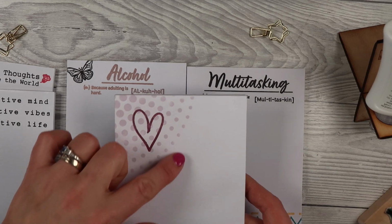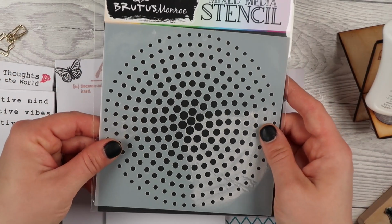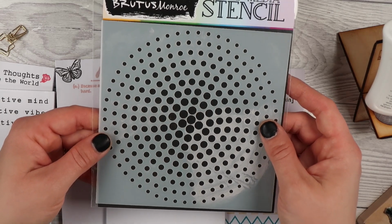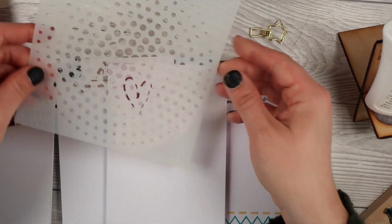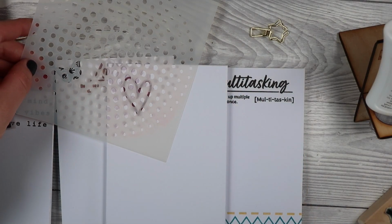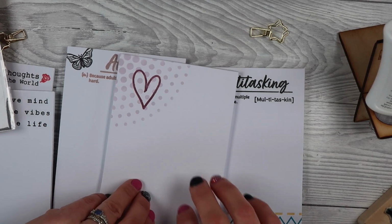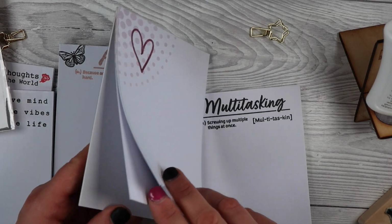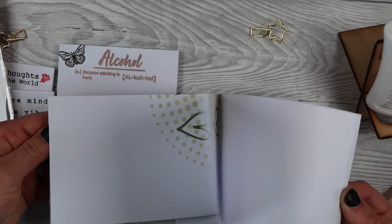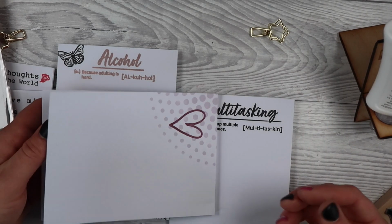And just to mention, this one here I did with this stencil. So I used some Distress Oxides. I used the Brutus Monroe circular stencil. I just stuck it on the edge. You can see I didn't even clean this one up. I just used a little blending brush and just went through and blended on a pattern, and I did several different colors. You can see here, if I flip through, I got green, got like a peachy color, pink, oops,